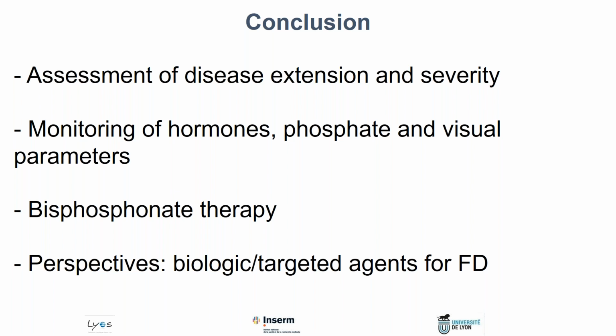Biologic treatments, maybe denosumab. We need to conduct good randomized trials, but this is a fairly reasonable perspective. Maybe targeted agents, and so at the beginning in the slide regarding pathophysiology, I mentioned the role of TGF-beta. There's no published data yet, but this year at the ASBMR there was an interesting presentation by a group from Geneva, Switzerland, showing that